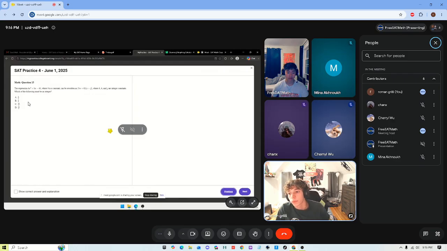Okay. So what we can do is type this into Desmos. Or what you can do by hand, if you don't know how to use Desmos, is you can FOIL out hx plus k times x plus j, and then match up the x squared term, the x term, and the constant term. But I think an easier way is doing it in Desmos. So if we just go to Desmos,